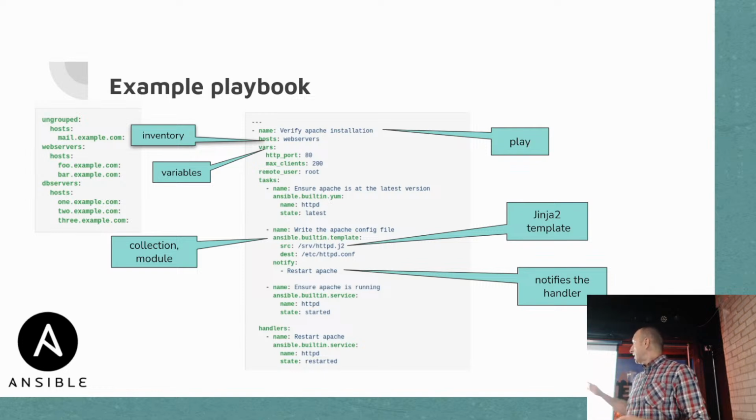As you see, I'm referring to a collection and a module. I'm going to talk more about that. It's called FQCN, fully qualified collection name, which means that it builds from the namespace, the collection name, and then at the end the module or the role's name. This template module is used to refer to a template that is stored also in your repo